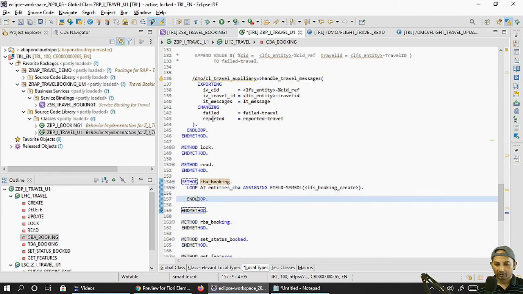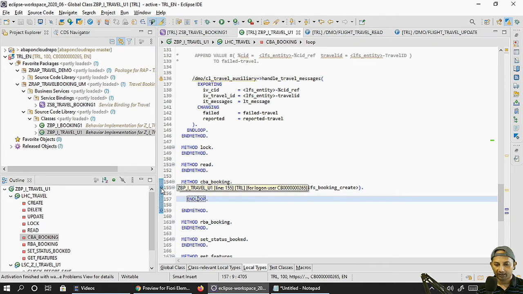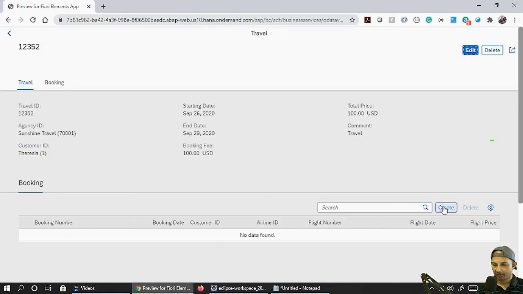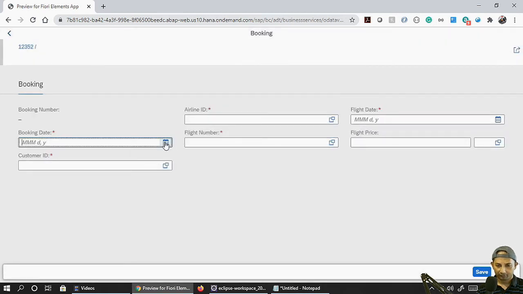Okay, so that's one thing. So let's activate this code and put a breakpoint to see if it gets triggered or not, because sometimes Eclipse doesn't trigger. So let's try creating a booking instance.